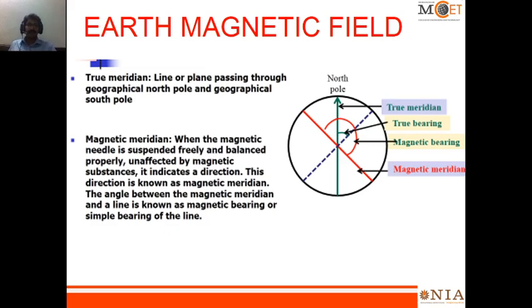To understand compass surveying, we should know about the earth's magnetic field. Somewhere else in geography or in your school education, you may have come across the word meridian, or the true meridian, or even the magnetic meridian. Here it's a recap of it. If this is the globe or our earth, it has its own central axis. With respect to that only the earth is revolving, right? So we say it is a polar axis, north and south. So here similarly the north pole,